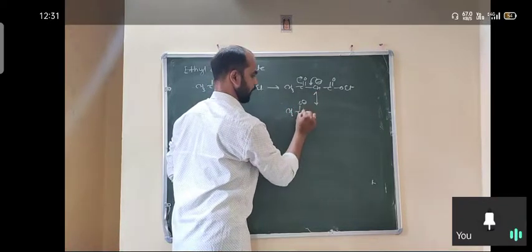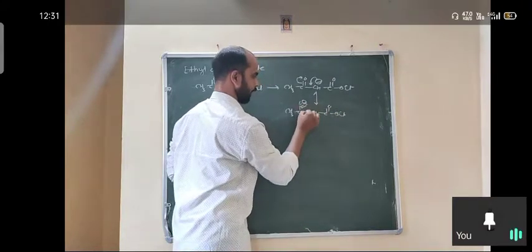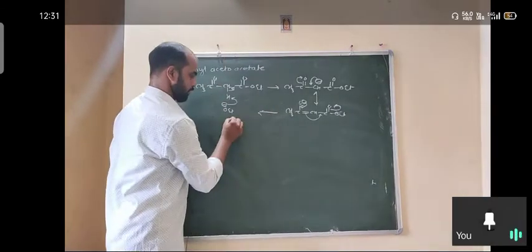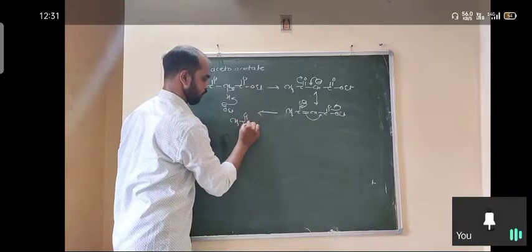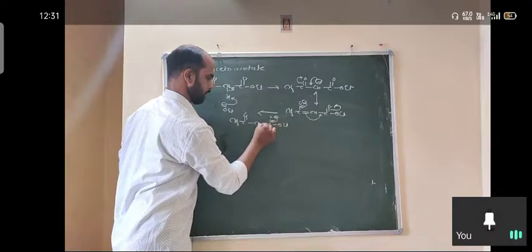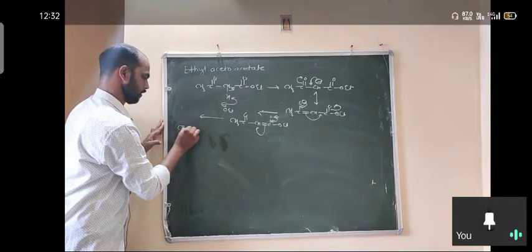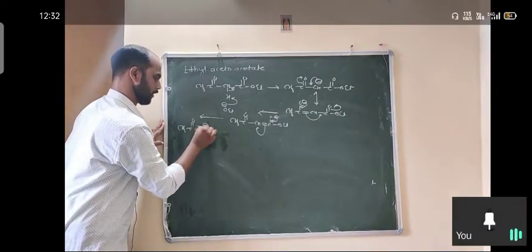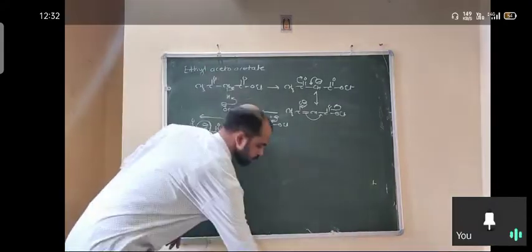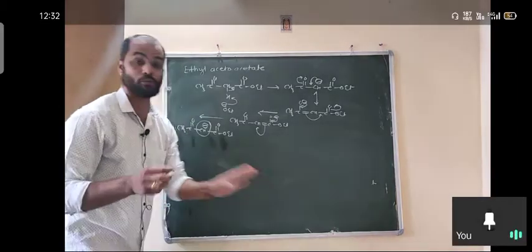O negative, here is a double bond CH C double bond OEt. Again it comes back and goes to the other side. So after this, CH3 C double bond O, CH, it comes back here. We get CH3 C double bond O, CH negative C double bond OEt. This is the stable carbanion, and we can use this stable carbanion for the synthesis of other substituents.